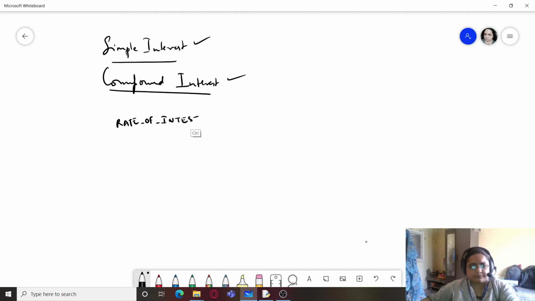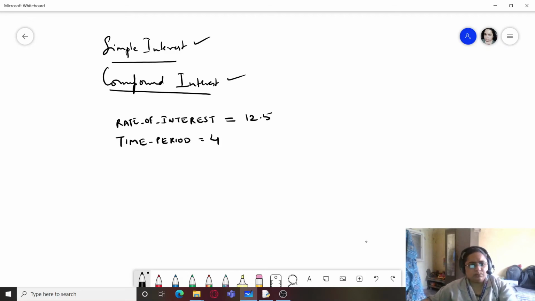I'm going to provide a default rate of interest which is going to be 12.5, and I'm also going to provide a default time period which should be 4 years.